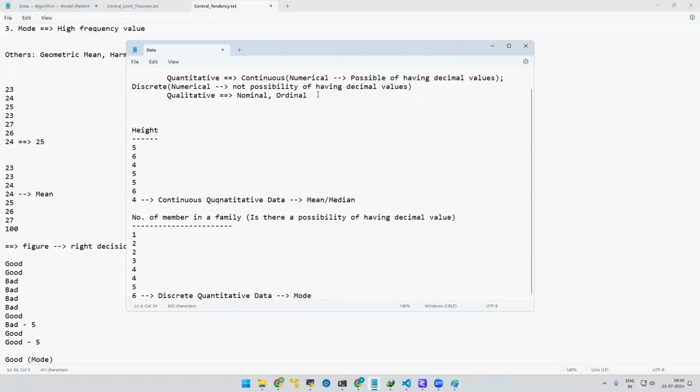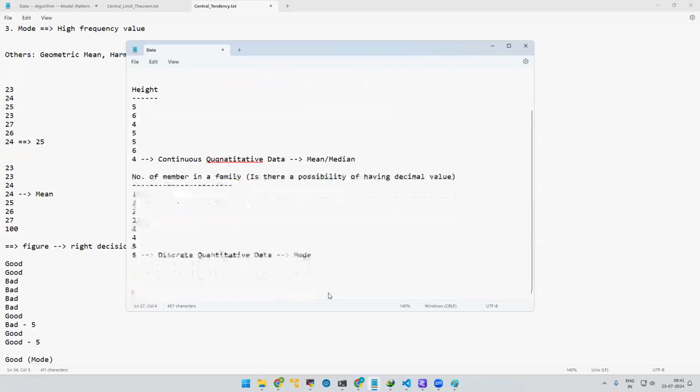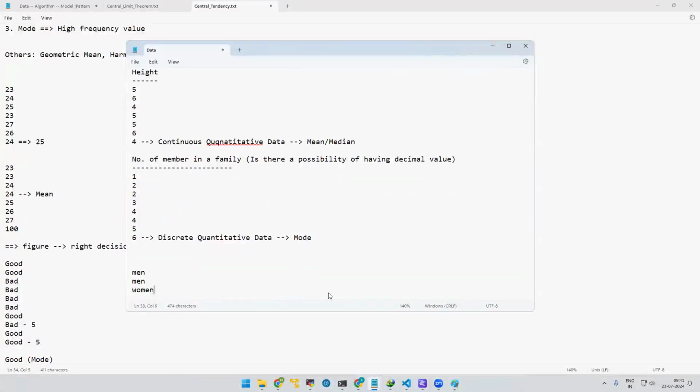What is nominal and ordinal? Nominal or ordinal, again, is qualitative data, like good, bad kind of, right? Like 0, 1 kind of thing, true or false kind of thing. True or false, good or bad, women, men, right? Quality data, and it won't have any order in it, no order internally. So when we have data like men, women like that,